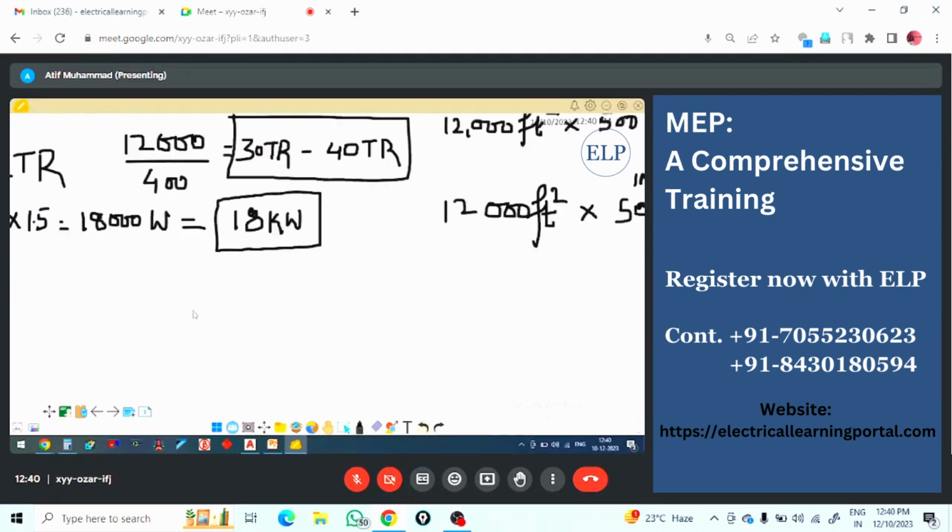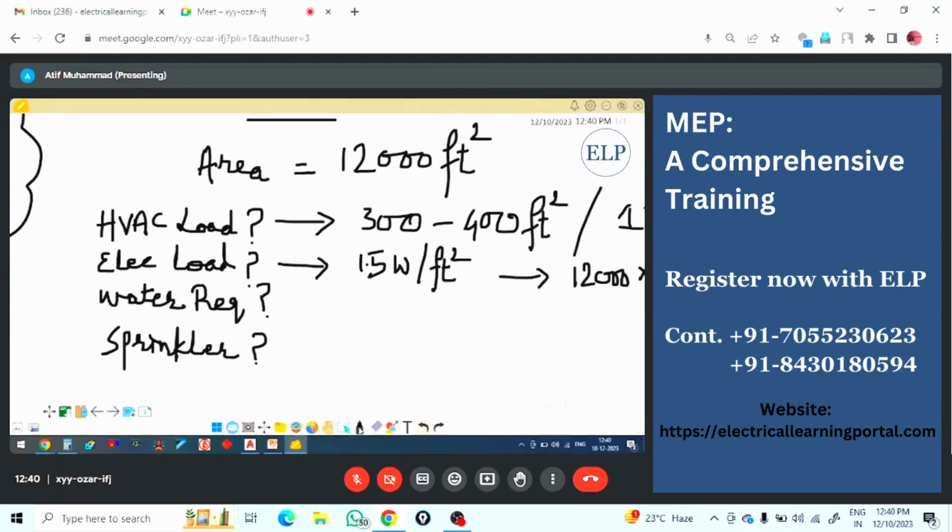Next we will come to the plumbing. Now for water requirement, you have to actually understand how many people are there, because as I told you, we are doing the water or plumbing calculations for people only, the people who are going to stay in the building. Okay, so we are going to do the calculation for them. So the very important point here is the number of people. Like for example, if this building is having 400 number of people,